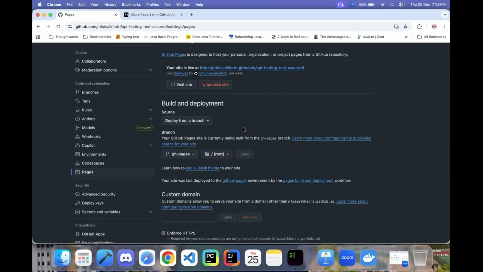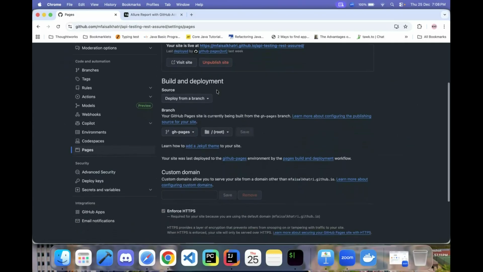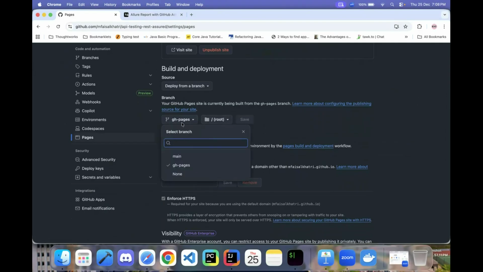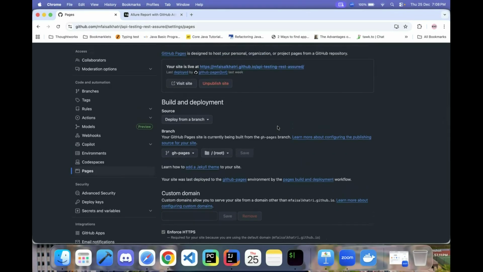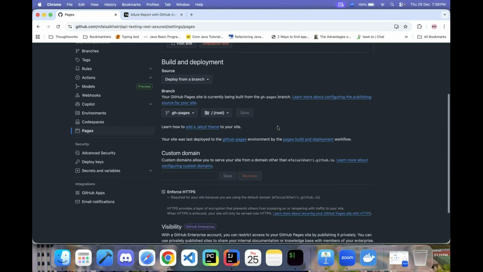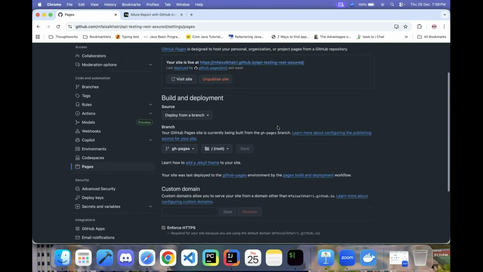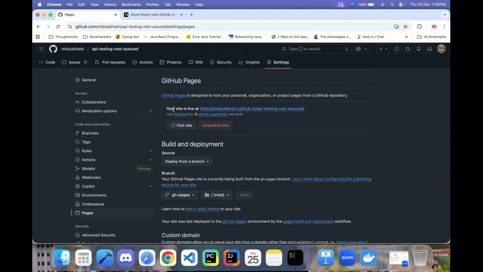Here, you need to click on this deploy from a branch and select this option, deploy from branch. Build and deployment: the source will be deploy from a branch, and then select the branch as gh-pages. This is the only setting that you need to do, and then just wait for GitHub to take the necessary action. Just refresh this page after 20-30 seconds, and you should be able to see that your site is